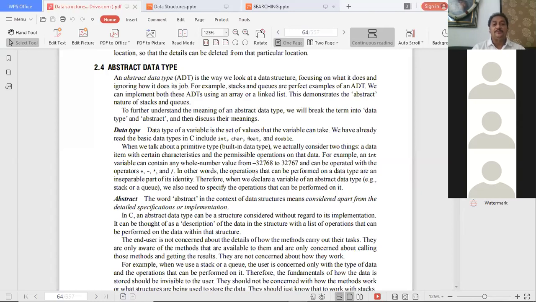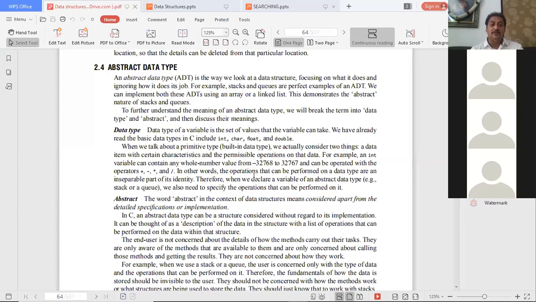There are a good number of data types like integer, character, float, and double. Different kinds of data may be stored in the memory, and for different kinds of data we have different data types. A data type is the set of values that a variable type can take.